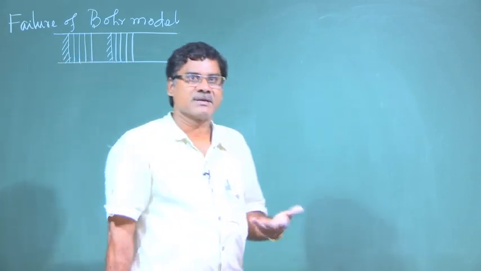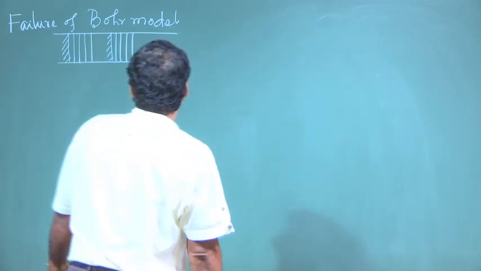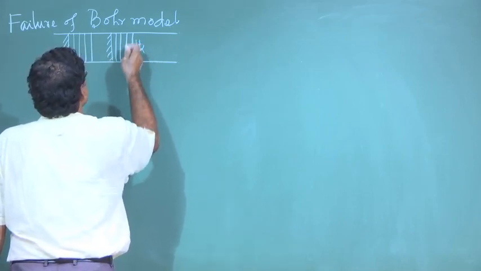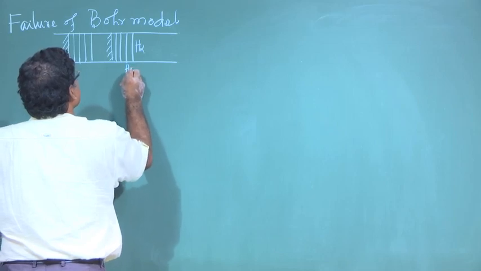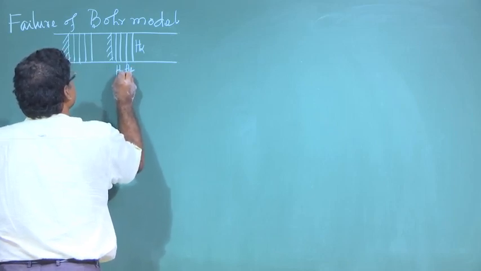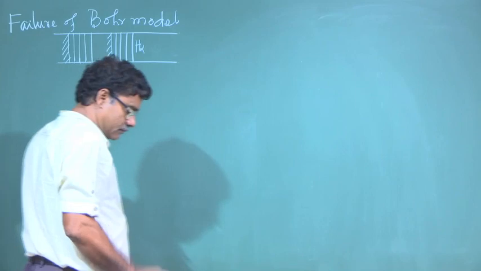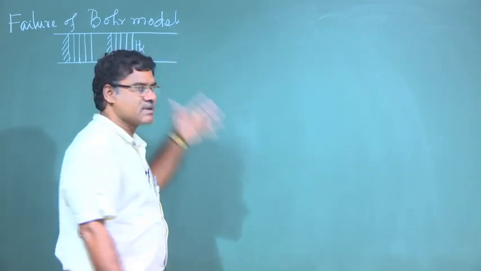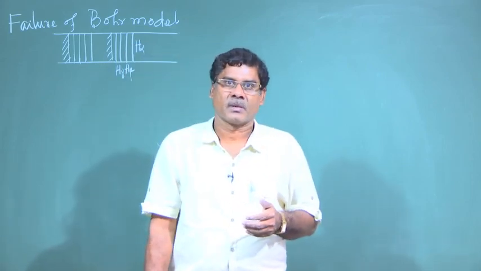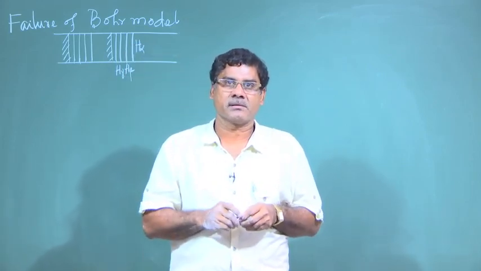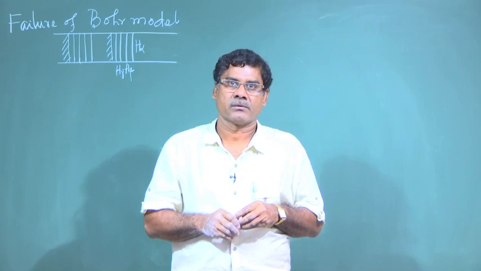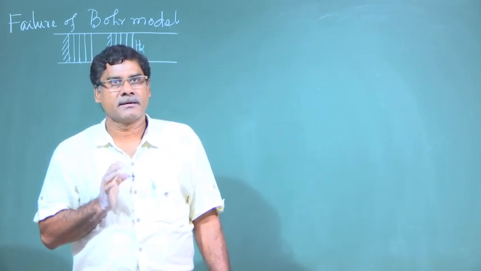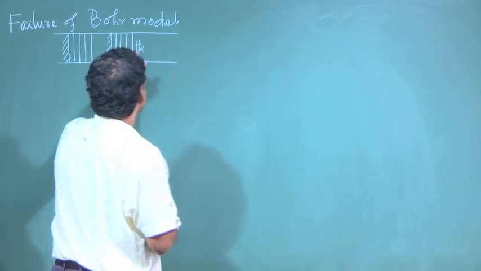In Balmer series we have given names to these lines: red line, H alpha, H beta, H gamma, etc. Correct. When this spectra was observed in a powerful spectrometer with very high resolution, then it was observed that H alpha line